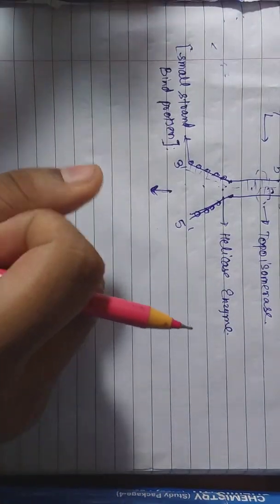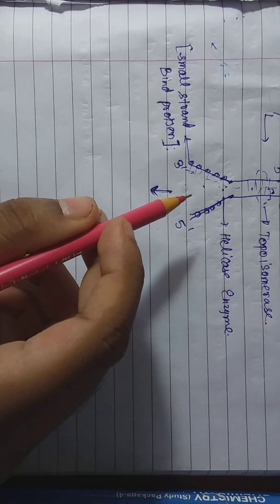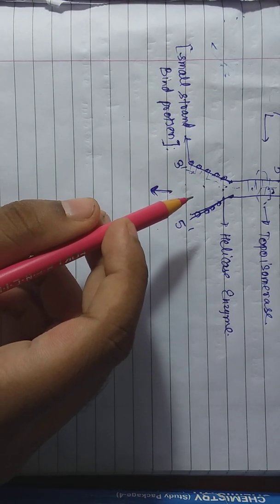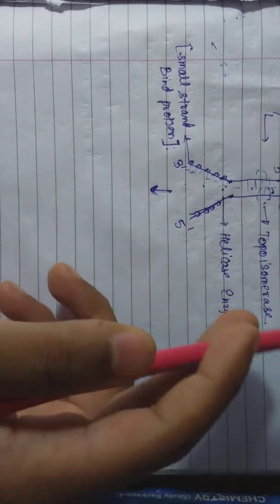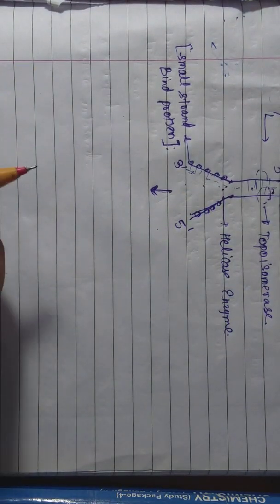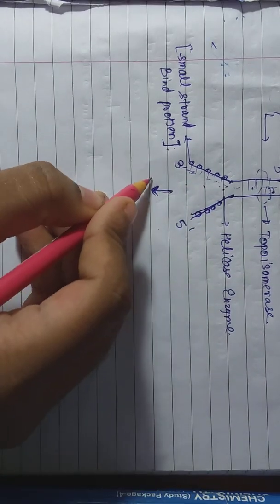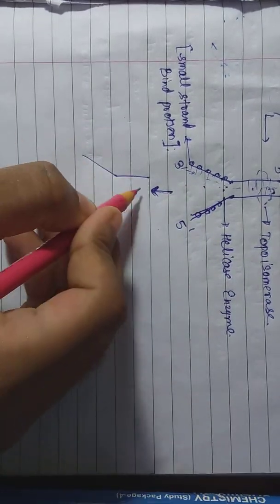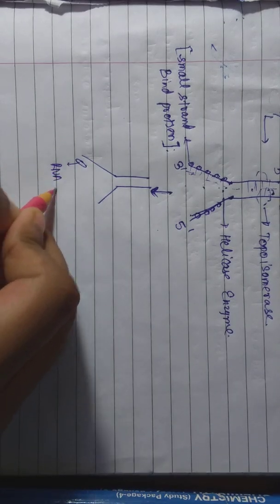It needs a short RNA group here so that it can add the energized deoxynucleoside triphosphates, which break up to release two phosphate groups and then combine to form phosphodiester bonds and synthesize a new daughter strand. So here there will be formation of an RNA primer